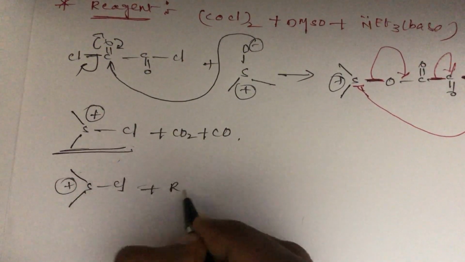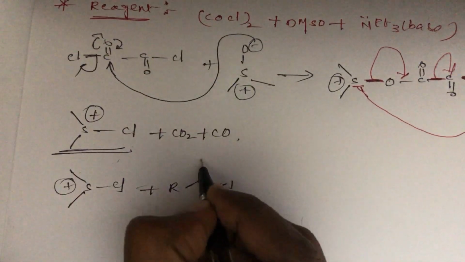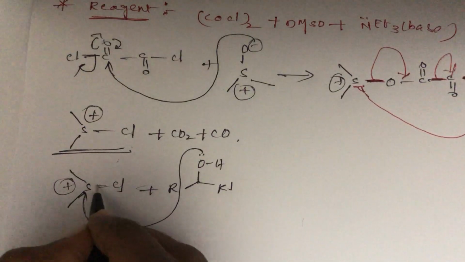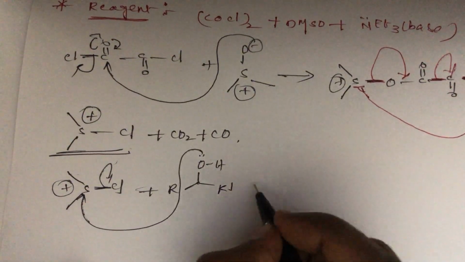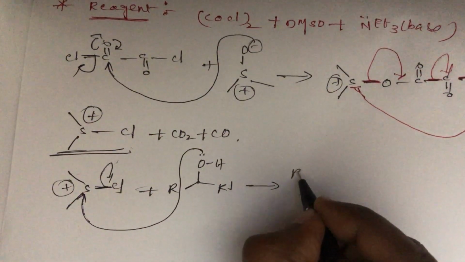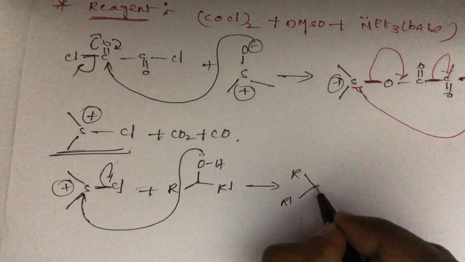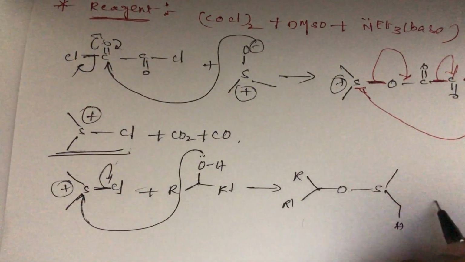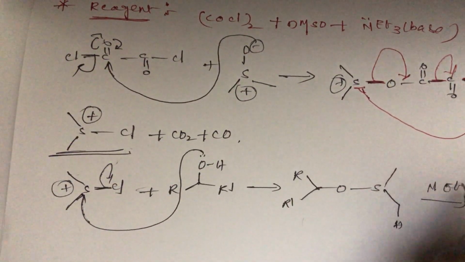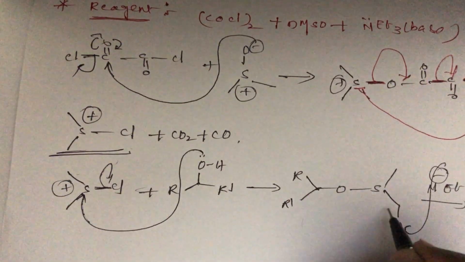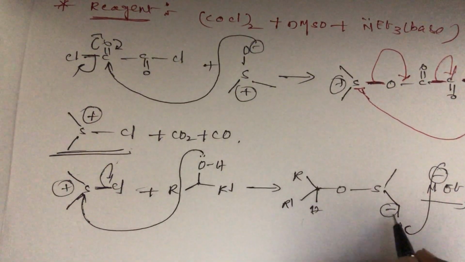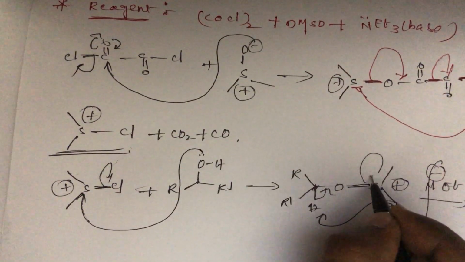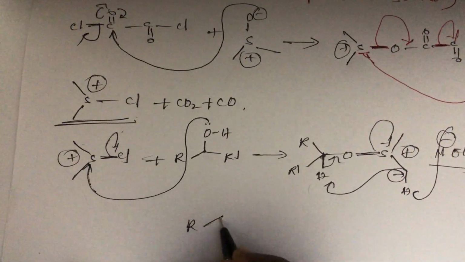It is treated with alcohols as usual. So this lone pair of electrons migrates towards this sulfur center and this chlorine will leave. So we'll get R, R dash, O, S. You can write here hydrogen. After that base, base will take the proton. Here you will get negative charge. Here we have a hydrogen. This hydrogen will be taken. This bond migrates here. This bond migrates here. You will get the ketones